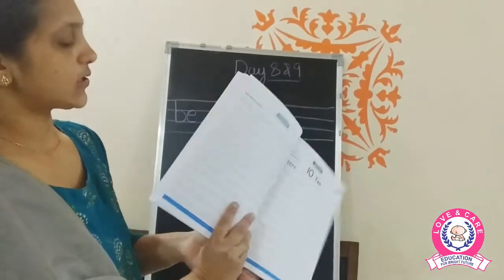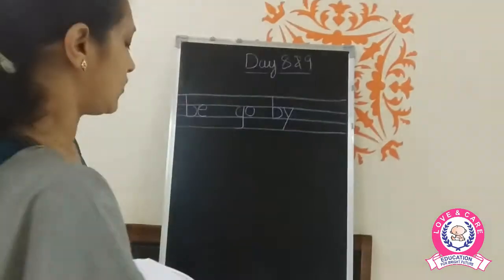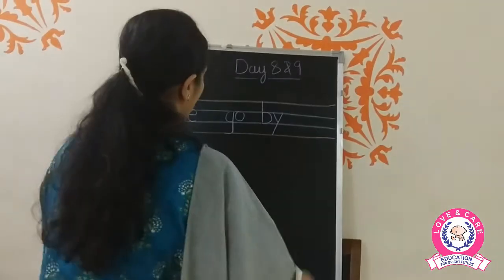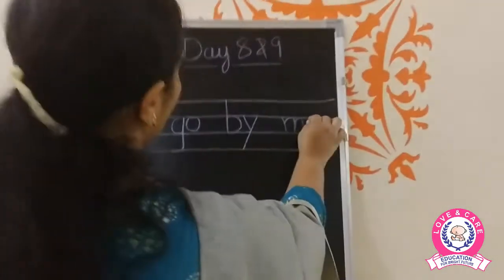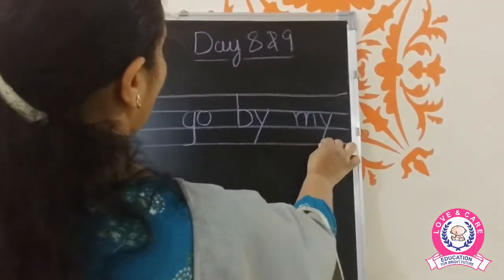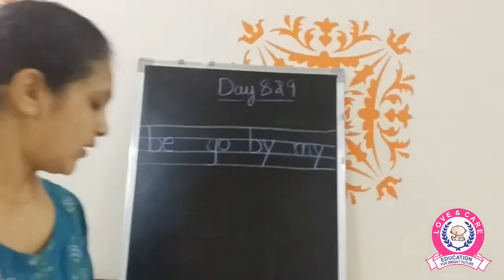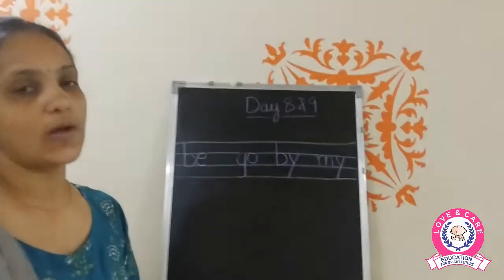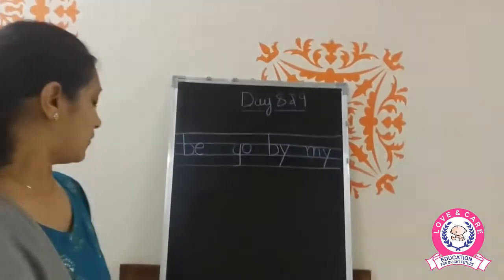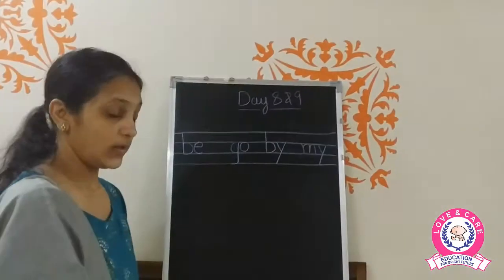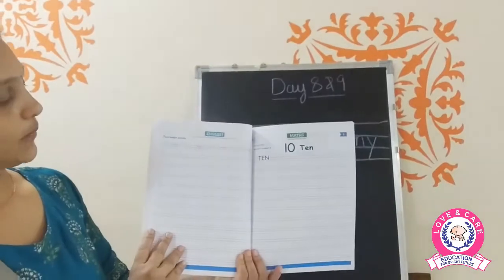Moving on to the next is the word my. We have a new word, that is my. So that is M-Y, my. And as I have told you before, you use my for yourself. हम अब खुद की बात करते हैं, we use my name is, my book, this is my book, or my school name is. So you have to press and write the word my.